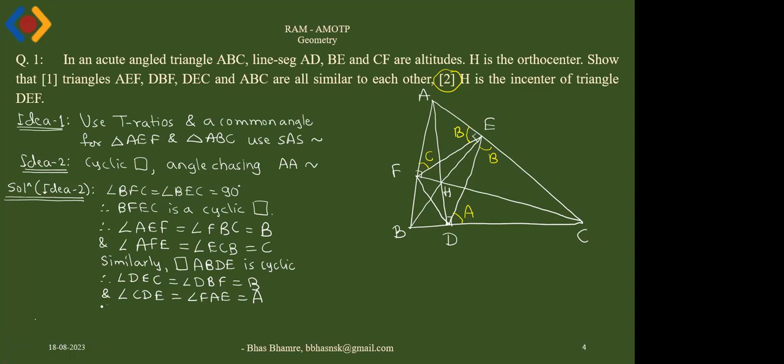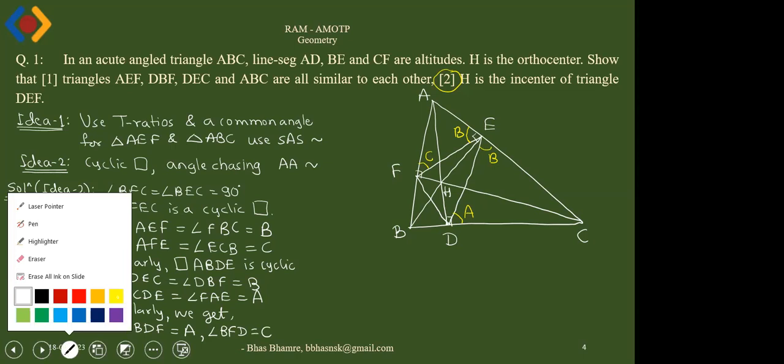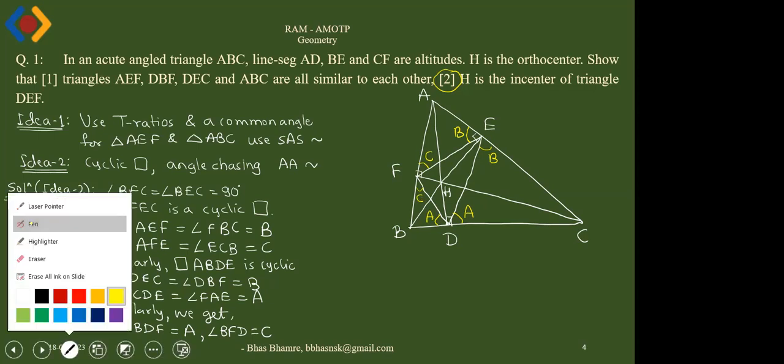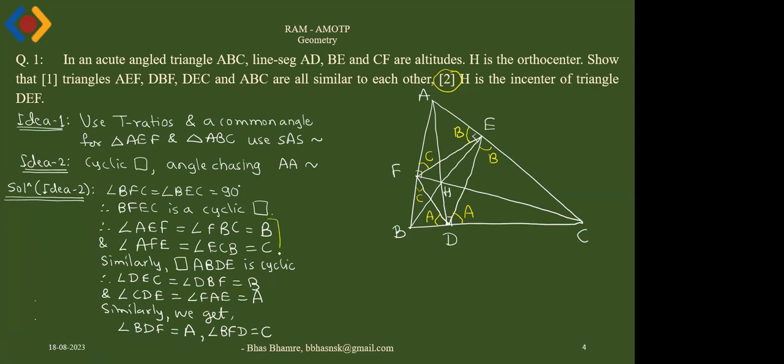So similarly, now here I am going to directly write that angle FBD is nothing but A and BFD is C. So this angle is A and this angle is C. I can give them numbers 1, 2, and 3. So from 1, 2, 3,